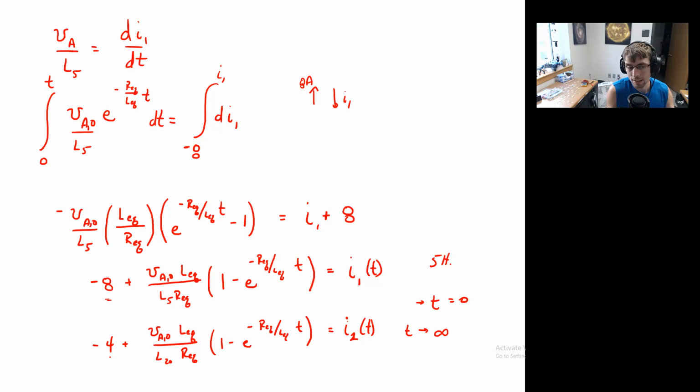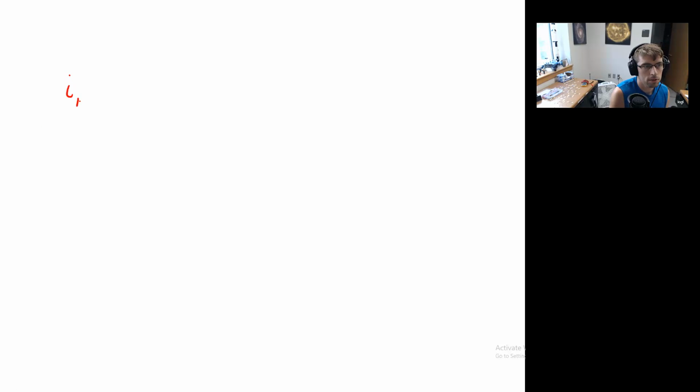Now, for completeness, I know this is kind of running long and arduous, let me go ahead, and you can check my algebra. If you'd prefer to work in terms of numbers instead of variables, what I had at the end of the day was something like 9.6 times 1 minus e to the negative 2t, and I had that minus 8. And for I2 of t,